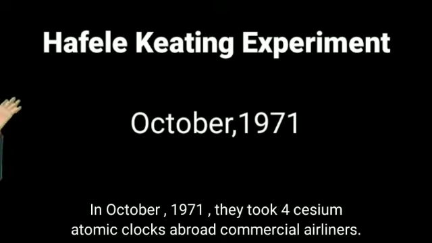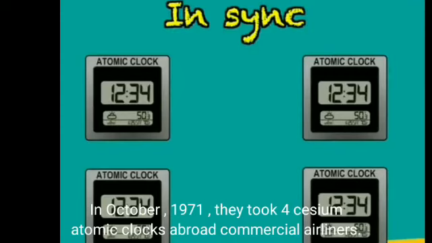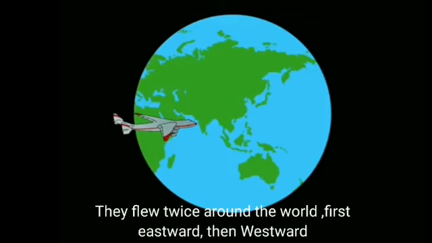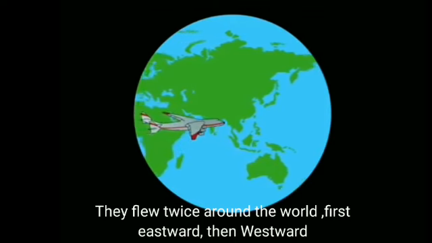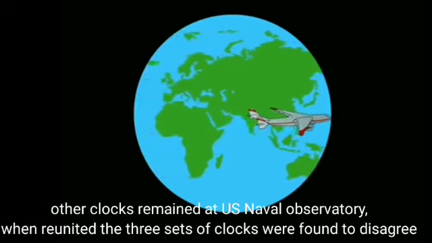In October 1971, they took four cesium atomic clocks aboard commercial airliners. They flew twice around the world, first eastward, then westward. Other clocks remained at the U.S. Naval Observatory. When reunited, the three sets of clocks